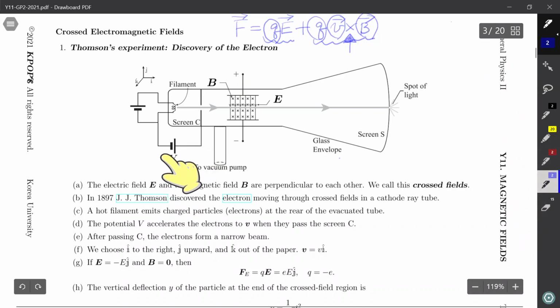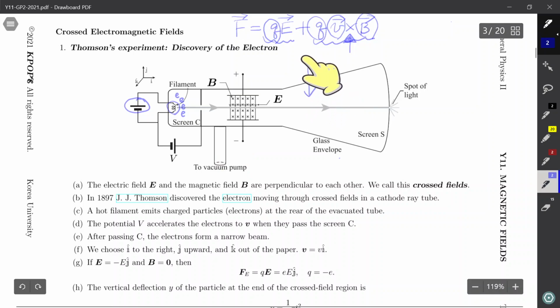Here, there's a potential difference. Potential difference is applied to a filament. And the filament is heated, and charged particles, actually electrons, are being emitted from the filament. As soon as electrons are emitted from the filament,